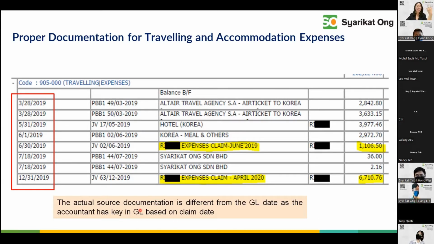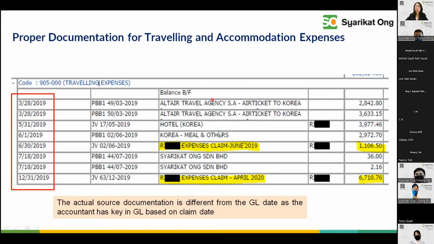I received the claim in the month of March, so I key in the month of March, but it probably will be expenses incurred in January, February, or even the year before, right? Because I receive it now, so I key in now, so it's an expense now because I'm paying now. A very cash accounting approach of mindset. For small SMEs, to be honest, many of us are not able to afford different levels, different classes of accountants, so we have to settle with issues like this.